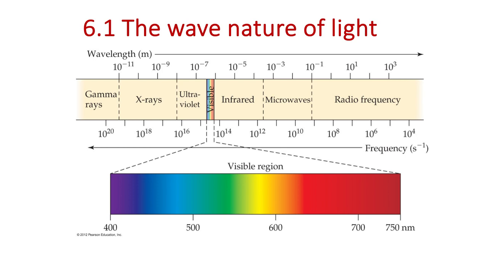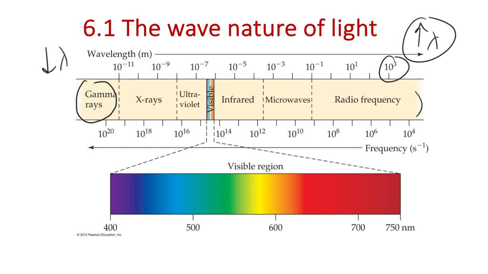So the spectral range of light from the radio frequency, which is described as having a long wavelength. So the long wavelength side is radio frequency. The short wavelength side is the gamma ray or X-ray side. Gamma rays and X-rays have a very short wavelength. And then if you think of light of all forms traveling at the same speed, so if light has a long wavelength, then the frequency has to be small. There's going to be a small number of cycles completed per second. So we have a low frequency